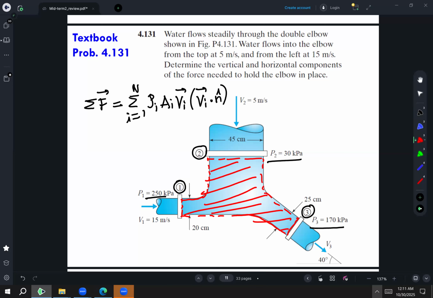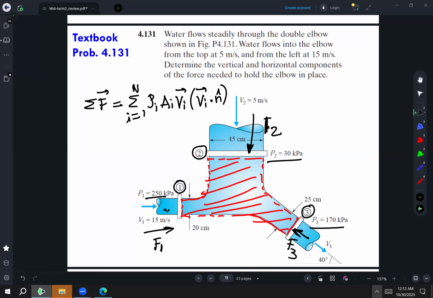Now we have to ask ourselves what this water is doing to my control section in 1. So there is a force F1. Here, this water is pushing the control surface with F2. And here we have a force F3. Also, the water is pushing the control surface. We have F3. And then now we have to ask ourselves what the pipe wall is doing to the control